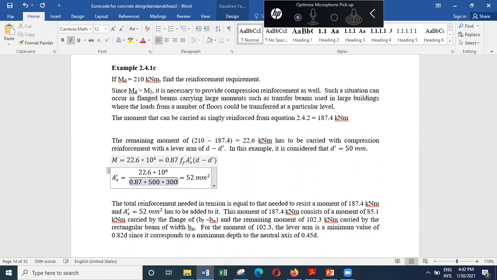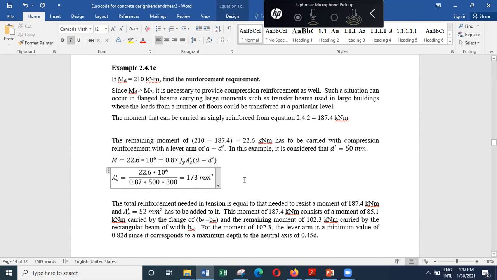So the answer is 22.6 times 10 to the power 6 divided by 0.87 divided by 500 divided by 300. Answer is 173, not 152. Answer is 173